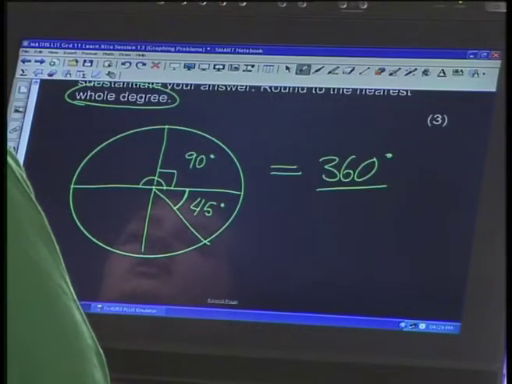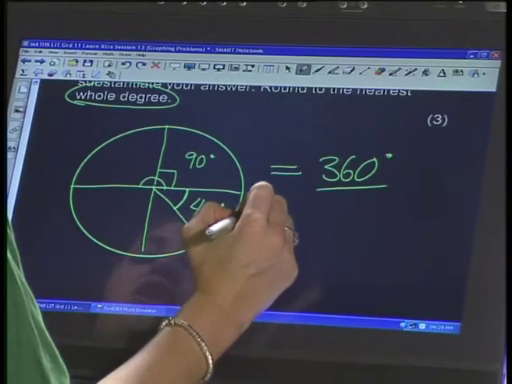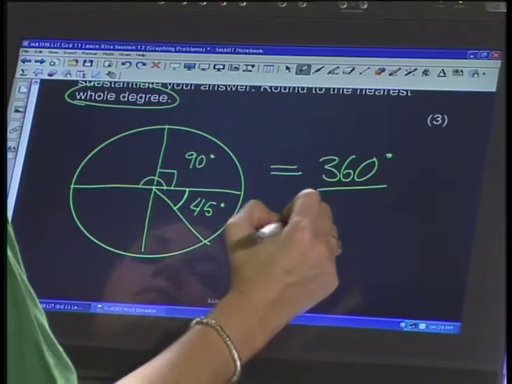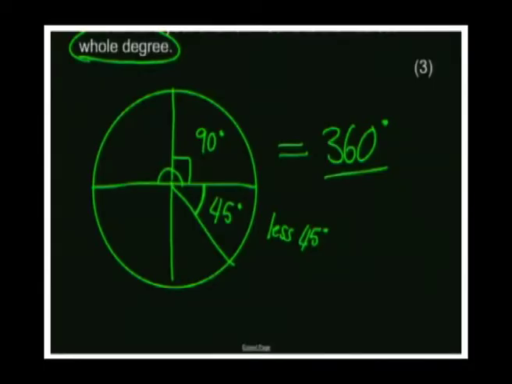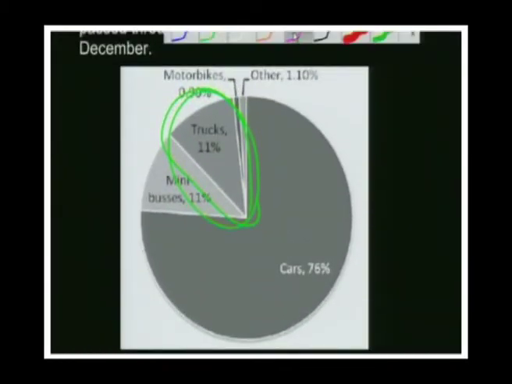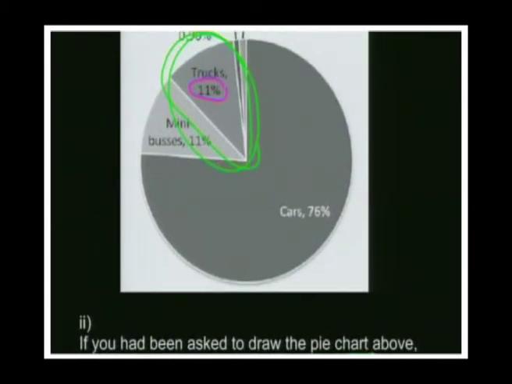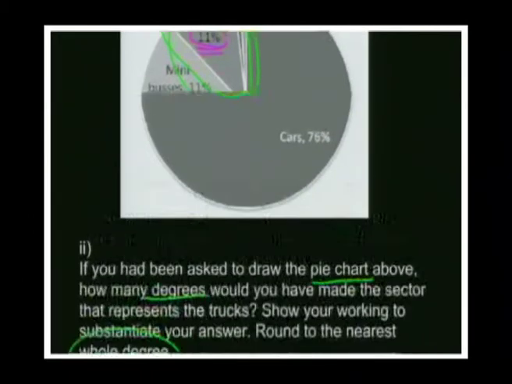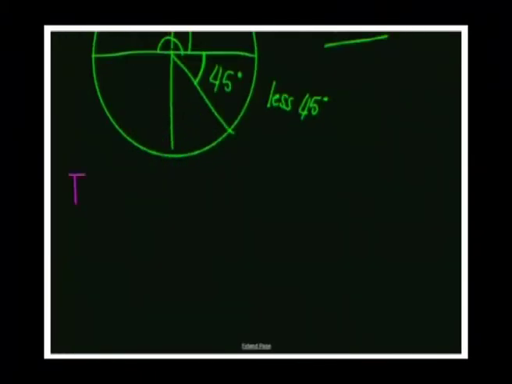So now that we know that a circle has got 360 degrees, and we know that we're going to expect an answer of less than 45 degrees, we need to know, well, how are we going to calculate how many degrees our truck section is going to take up. Now let's go back up here and look. We get told that the trucks take up 11% of all vehicles that pass through Pietersville in December. So this 11% is a very important number to remember. Let's go over here. Trucks